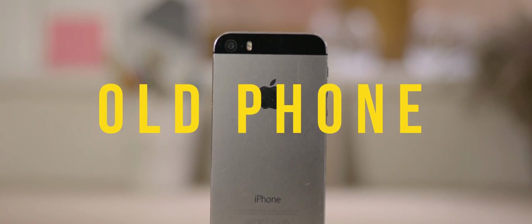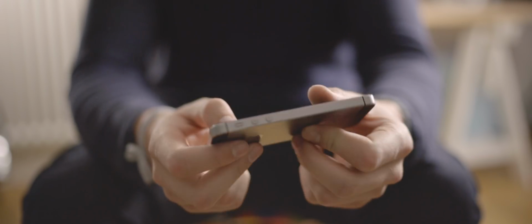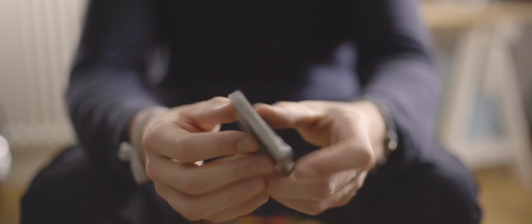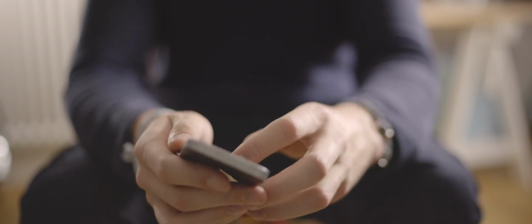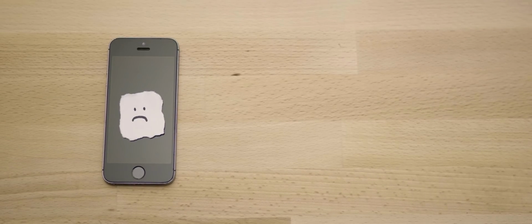This is my old phone. It's an iPhone 5S. I've had it for a good few years now, and I have to say, I absolutely love it. I think it's the perfect size, it has a half-decent camera, and it runs generally pretty smoothly. But it's definitely starting to show its age now, so I've decided I'm going to be retiring it, and I've